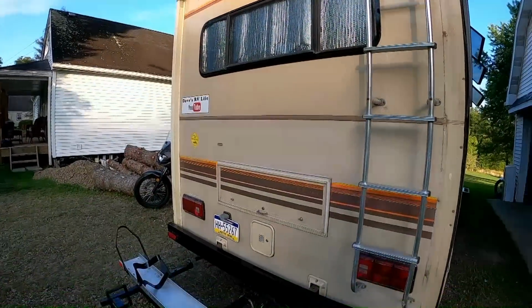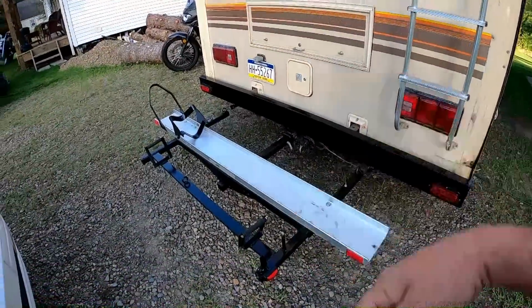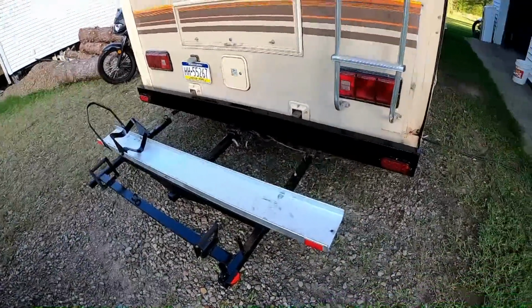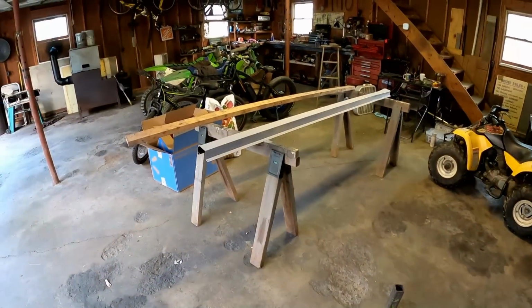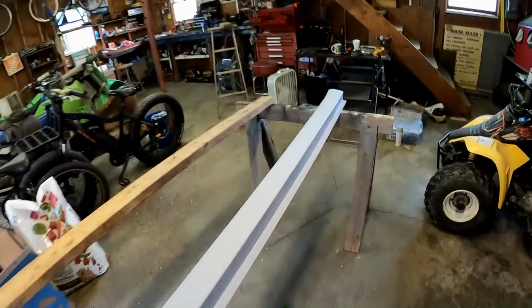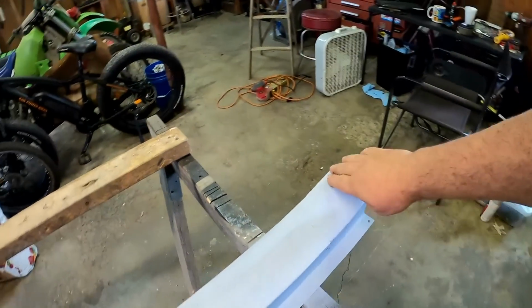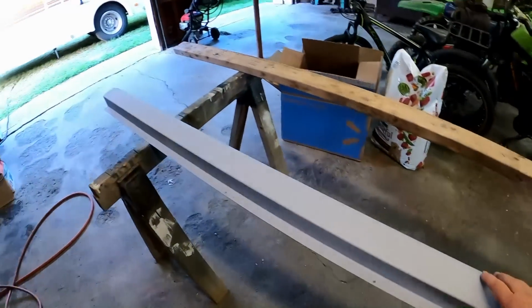I'm gonna try to get this back part all done and together today. So I'm just gonna pull this back off out of the way a little bit, set it to the side here in the yard. That's it. I've called it good enough on this piece. It's gonna have a weird little bend at the very, very bottom here, and that's just the way it's gonna be. I did sand it and primer it,